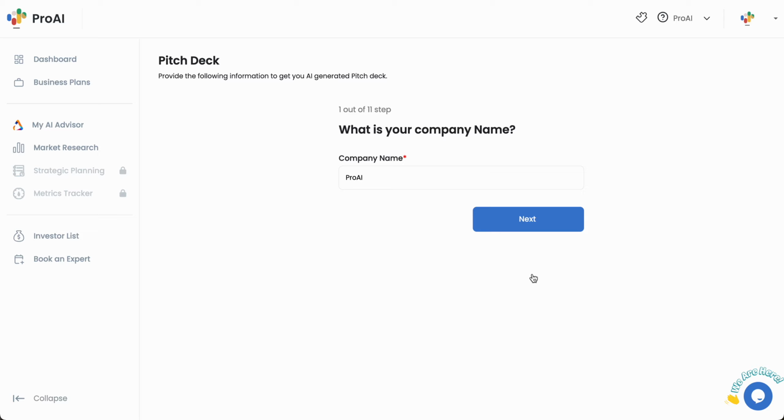So we've taken basically the top 10 decks that we've done of companies that have gotten funded, and we've trained the system to write and follow that exact format. So how can we replicate that rather than having an inconsistent output that is likely to be